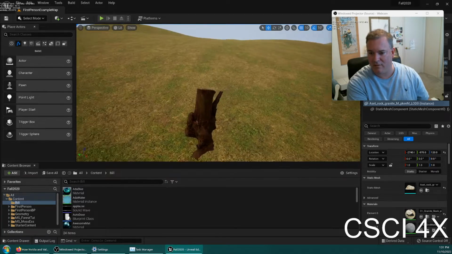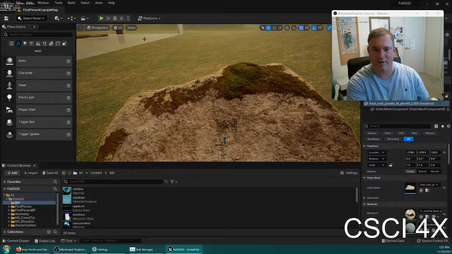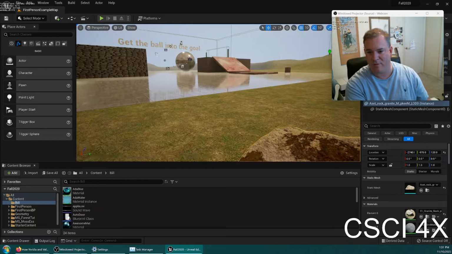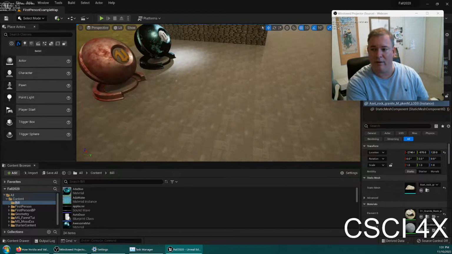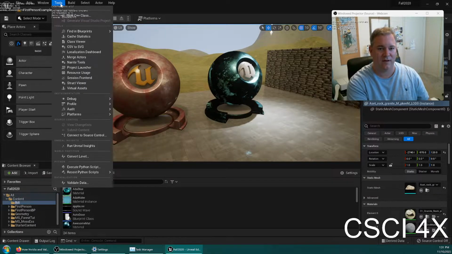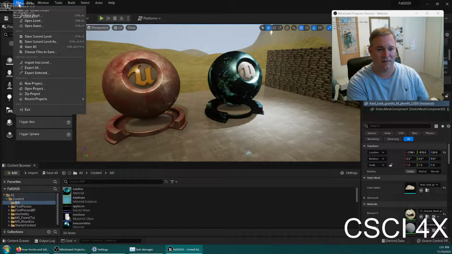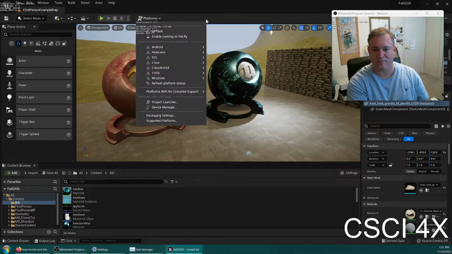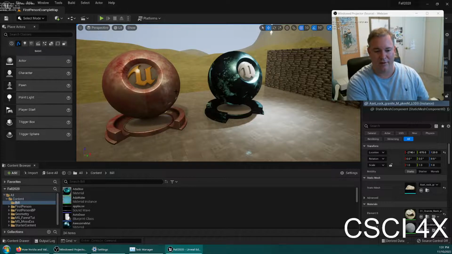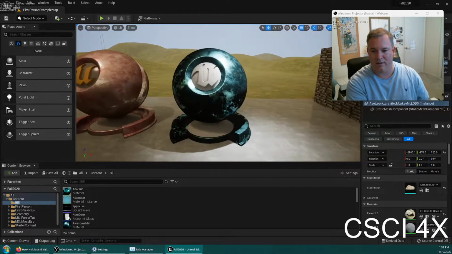And you can see this. I just threw some random things out there. You can see they're actually quite nice. And the Megascans stuff is free as long as you're using Unreal Engine for your product. You can just use them as a library of free assets. This is what we talked about last time. The Megascans stuff is really one of the nicest things that Epic Games has done for people. You can just go onto the Epic marketplace. There's also something called Quixel Bridge that will allow you to bring stuff in,